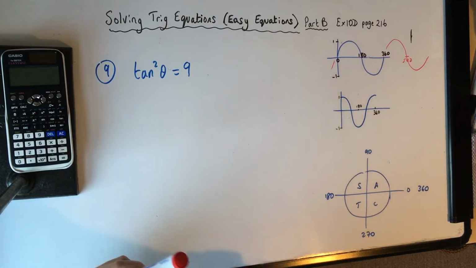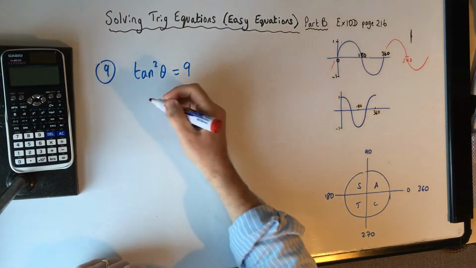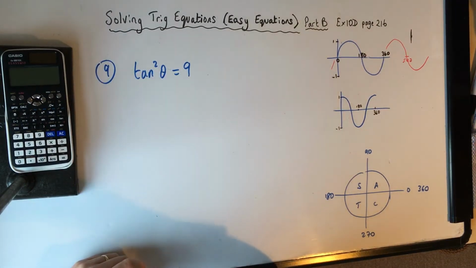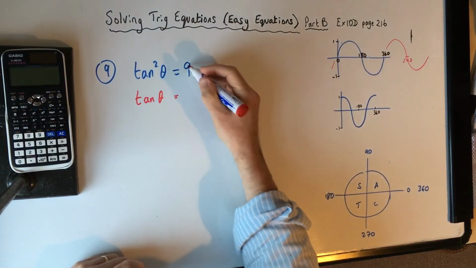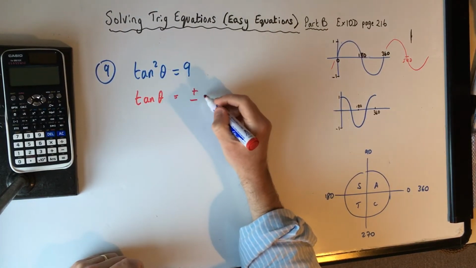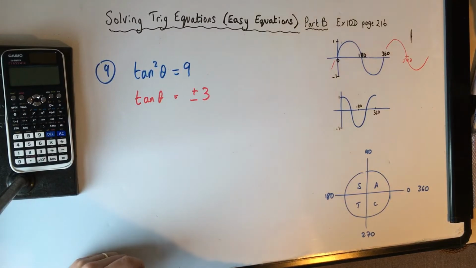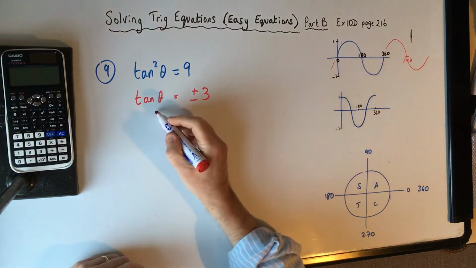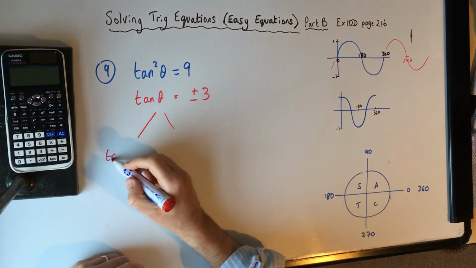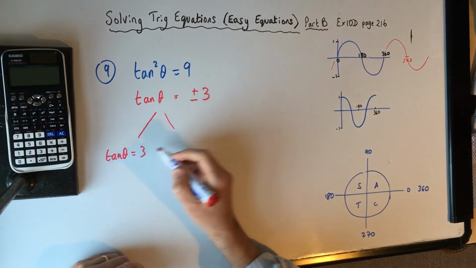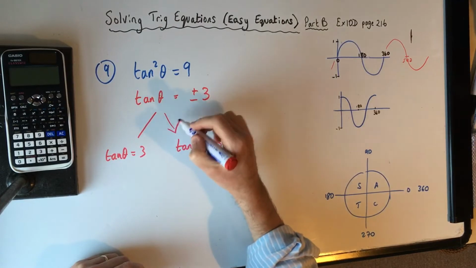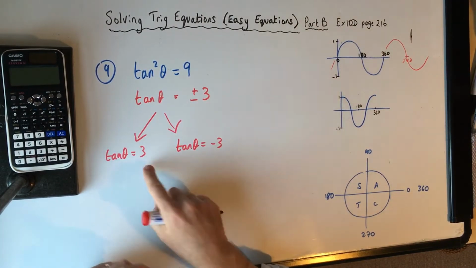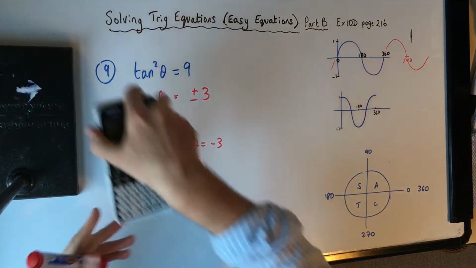Obviously if it was x squared equals 9 we would square root to get x is 3, but this is A level, so we have to think of all the solutions. So when we square root both sides, of course, square root of 9 is plus or minus 3, isn't it? That gives us two values. So tan theta is equal to 3, or tan theta is equal to minus 3. Tan theta is equal to 3. You go to your calculator